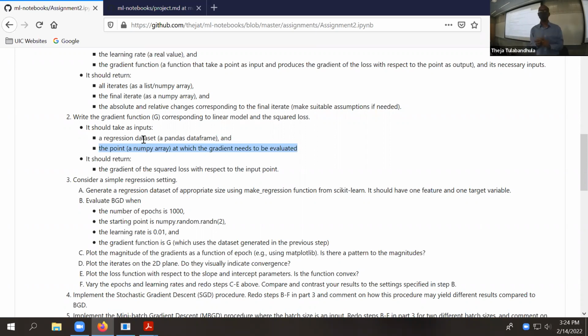Okay. So it should be clear that the gradient depends on the current theta vector because there is an h theta of x minus y. So there's an h theta there, which is a function of theta. So you need theta to say what is the gradient. Okay. So that's the point. That's what it means by point. So for a two-dimensional problem, like two features, the theta vector is going to be three-dimensional, with an extra intercept. So those are those three numbers you need to pass in to get the gradient. Okay.